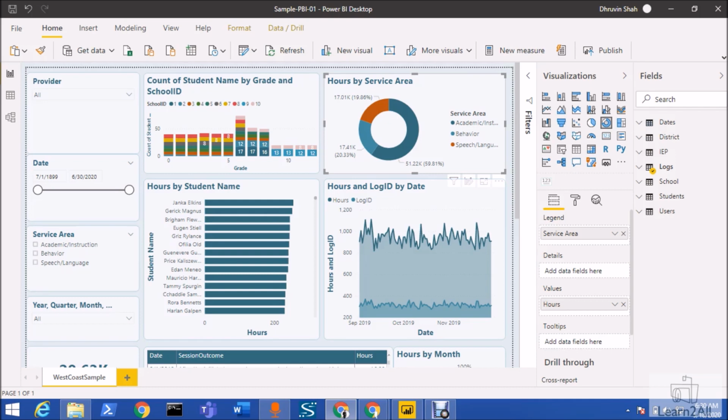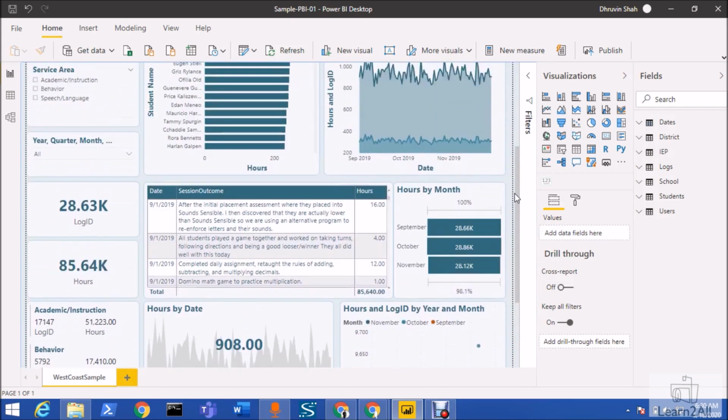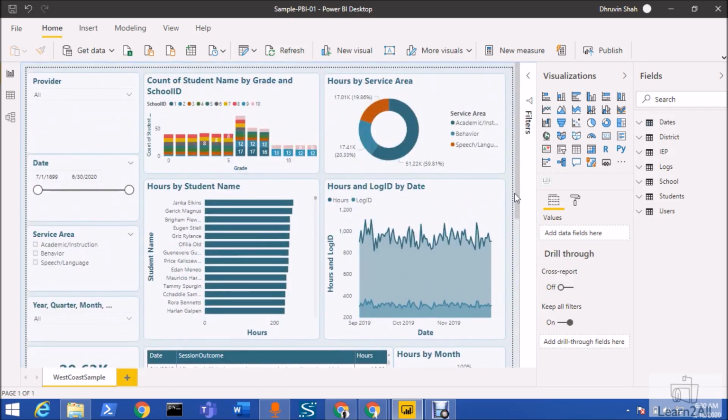Let's say for an example this is my Power BI report, and I am publishing this report to one of my workspaces. Now, let's say the workspace has 10 members, and from those 10 members, one of the users whose name is Adele doesn't like this visual. He wants a pie chart instead of this bar chart. So with this newly rolled out feature, that is personalized visual experience, he can change the look and feel and the fields of this visual, save his report and create his personalized view in his workspace.